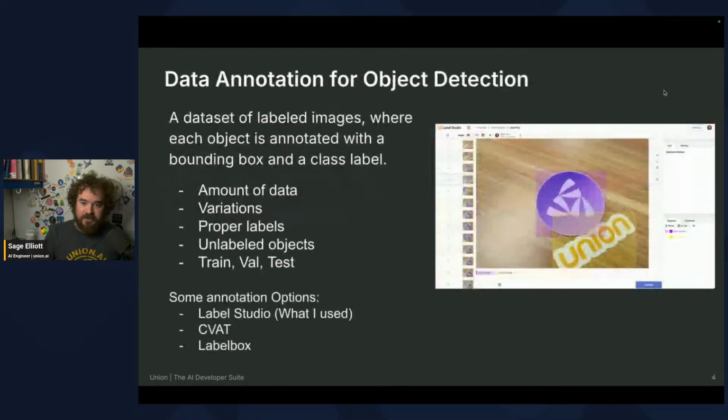Quick note on data annotation for object detection. Again, today we're going to give you the tools to build that whole pipeline. But you hopefully want to go build your own project later and bring in your own data. There's a whole bunch of different labeling tools you can use. I used Label Studio for this one. There's CVAT, there's Labelbox, there's a whole bunch of open source ones. I'm actually also working on something I want to open source maybe over the summer. It's a cool data annotation tool that is built how I would want to use it, but it's not quite ready yet. But for labeling for object detection models, you would bring in your own images,